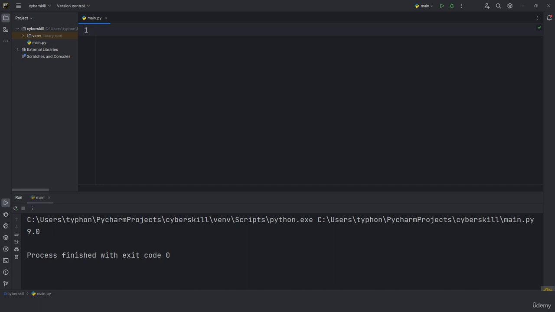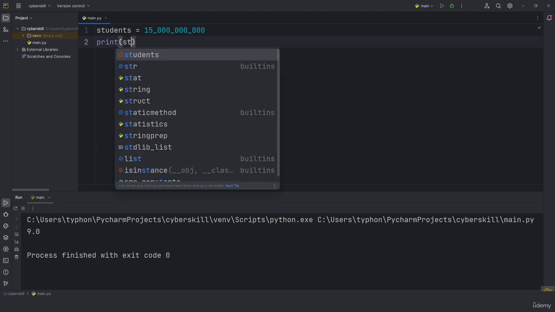When you are writing long numbers, you can group digits using underscores to make large numbers more readable. For example, this. The students. And here we will use this students variable as a count of students. For example, let's make it 15 million, right? So when you print the number, print students